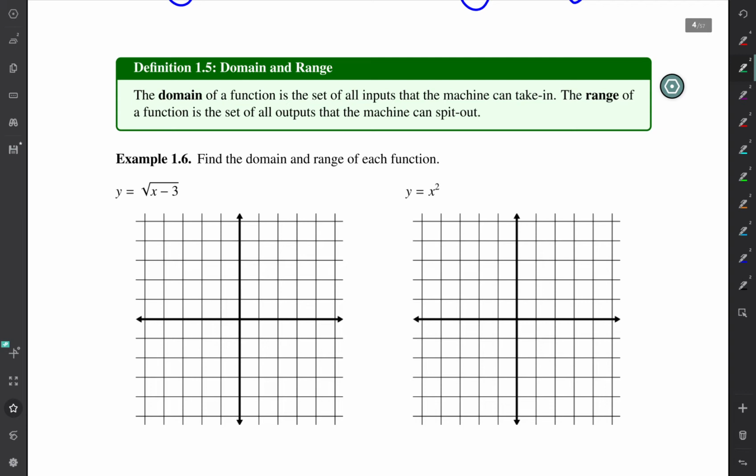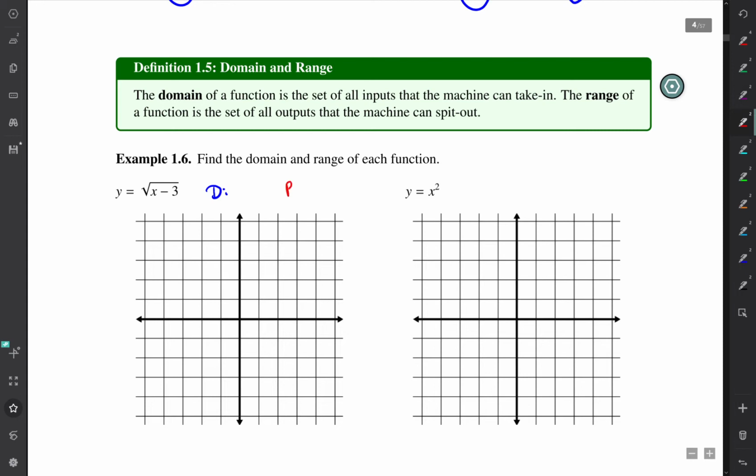It says that if y is the square root of x minus 3, find the domain and range of the function. So I'm going to let D denote the domain, and I'm going to let R denote the range. And so what I want to do is first graph this function. Well, the square root of x minus 3 looks something like this. It's got